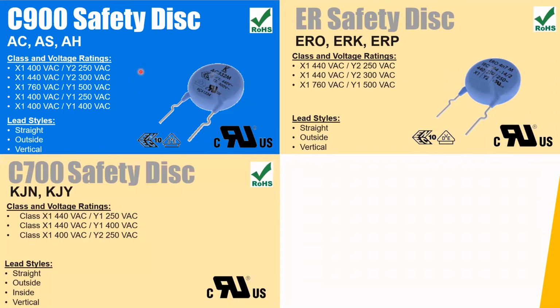The latest addition to our disc capacitors is the C700 safety disc capacitor. It is mainly an addition to these two capacitor series that you see, in terms of that, yes, we have more capacitance values that are possible with these capacitors now. And also we have one more lead style that is now possible with the C700 safety disc capacitor. So previously we had only 3 connection styles, and now we have 4 lead and connection styles.